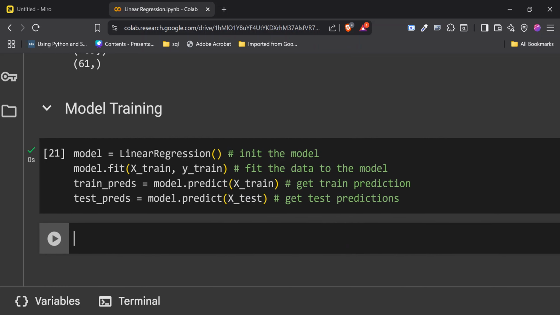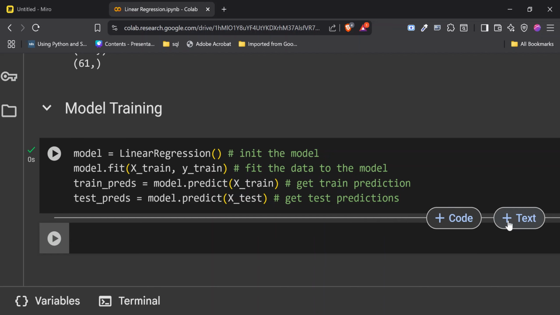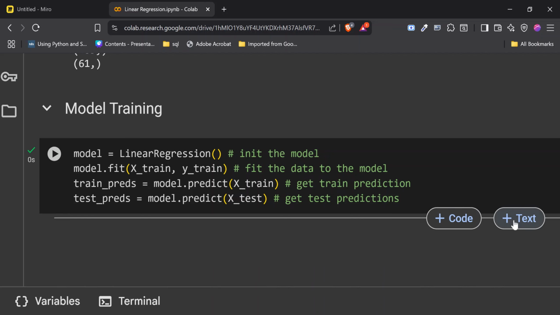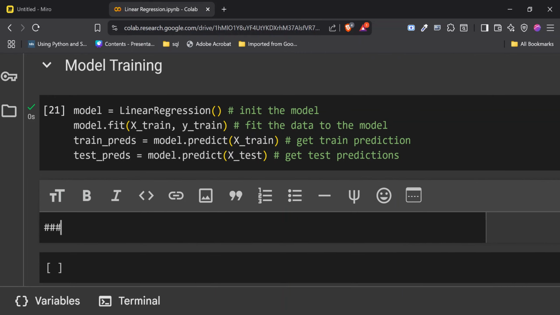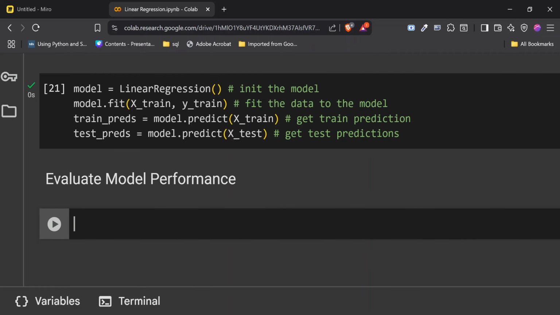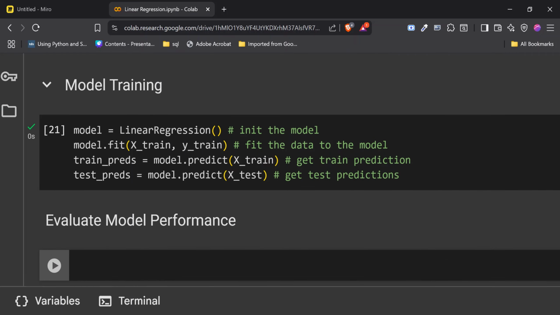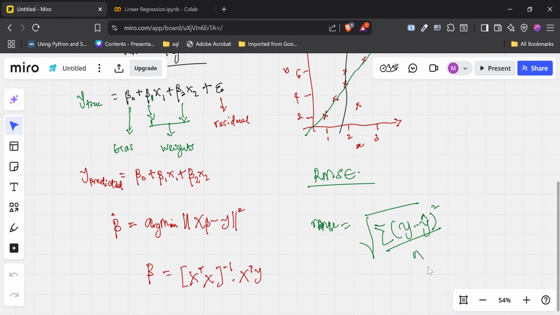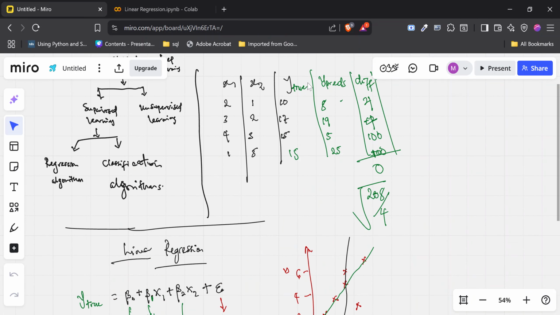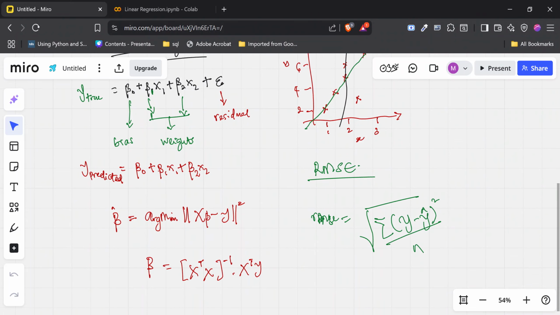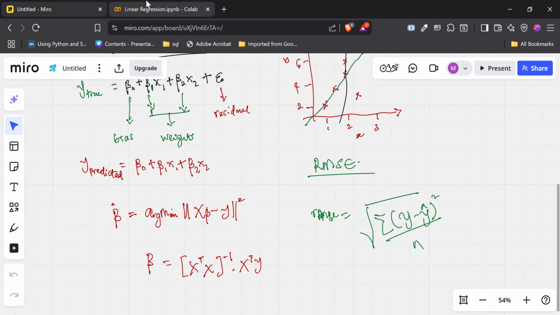and that is that. Now the last thing that we are going to do in the aspect of model training here is to evaluate performance. So we're going to say evaluate model performance. We want to see how the model has performed, which is this RMSE here. We've gotten these values here, these y preds for both the train and the test. So what we now want to do is get RMSE. How has the model performed?